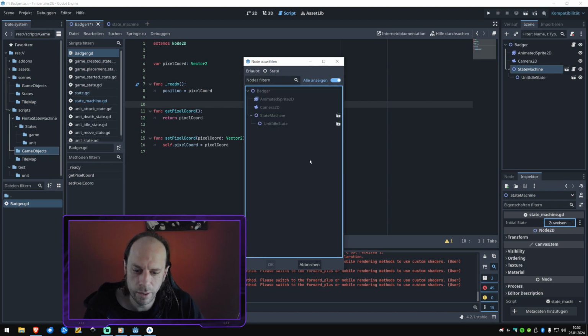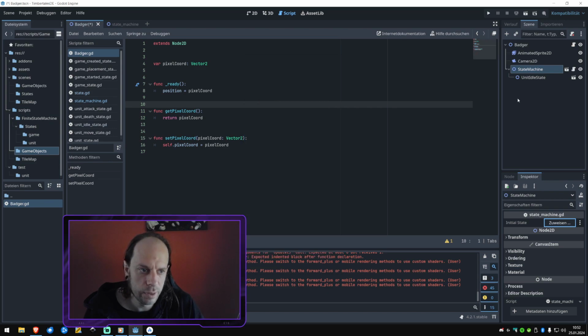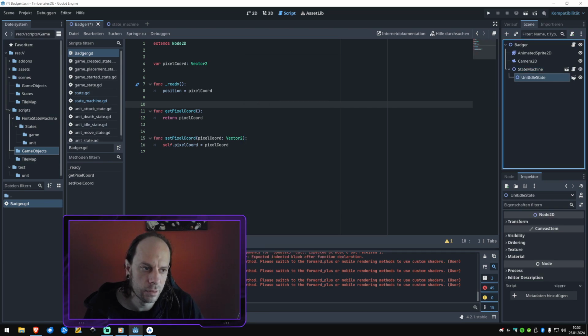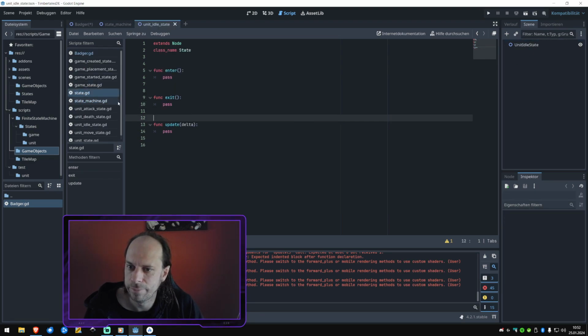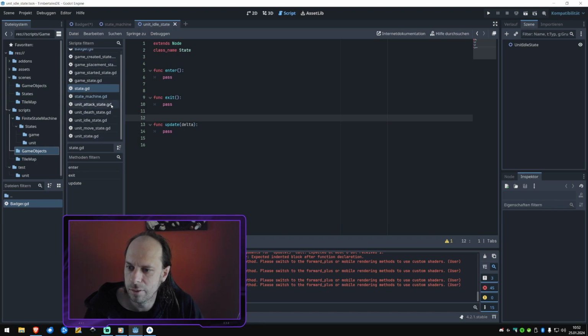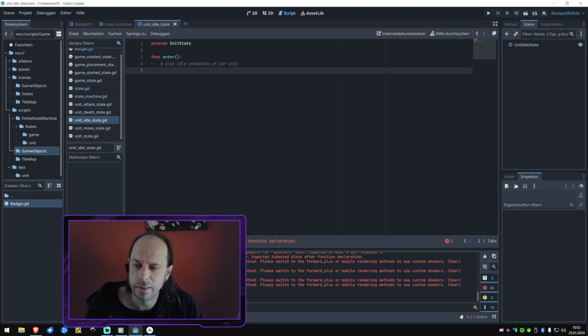We would like to have the idle state here, but he only allows us to have the state there. Yeah, the problem I have created is that we are extending now from the unit state